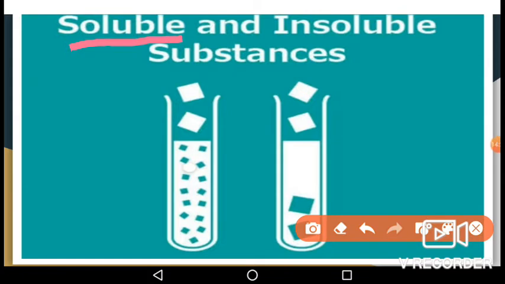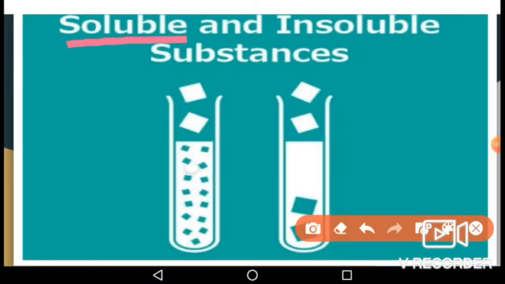Soluble substances are those substances that dissolve completely in a solvent to form a solution. For example, salt and sugar are soluble in water. Insoluble substances are those substances that do not dissolve completely in a solvent. For example, sand and chalk